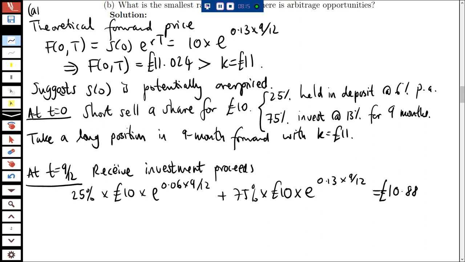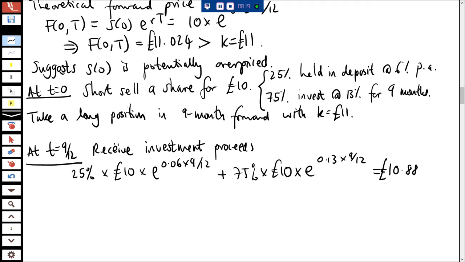Okay, so that deals with the short and the investment we made and the return we had on that. We now need to close that short, and we're going to do that using the forward contract. So close the short on the stock using the forward contract